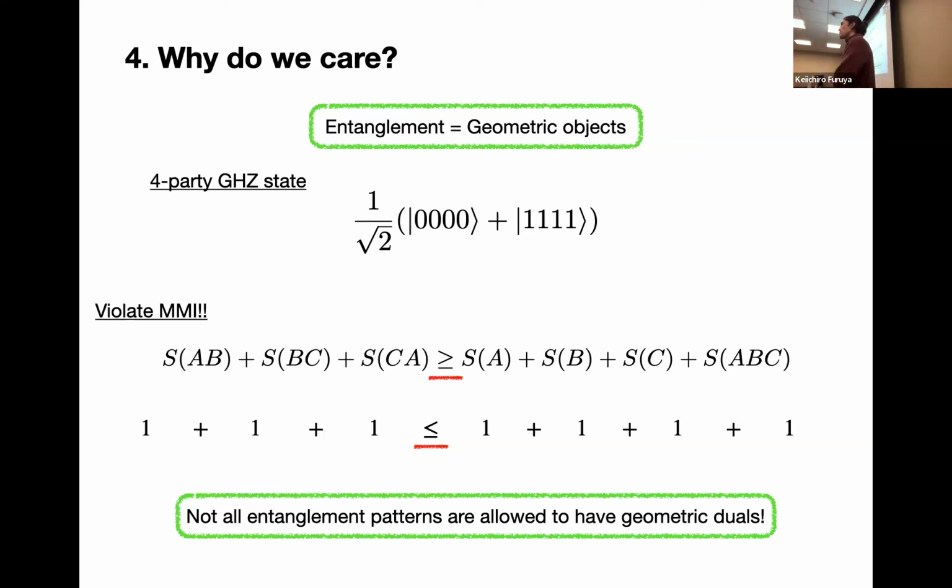So this ABC, what is the pattern? How do you tripartition or bipartition this particular state? By the subregion, like the geometry, so it's actually up to you. We have this four-party GHZ state, right? So for S of ABC, for example, you can say this is qubit A, qubit B, qubit C, and O as a purifier. Then you take the partial trace and calculate the entanglement.